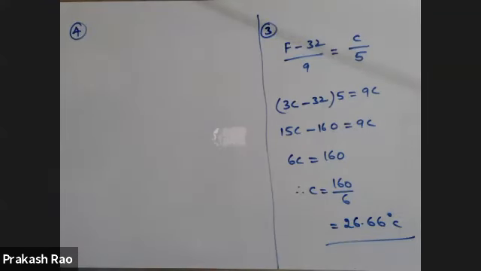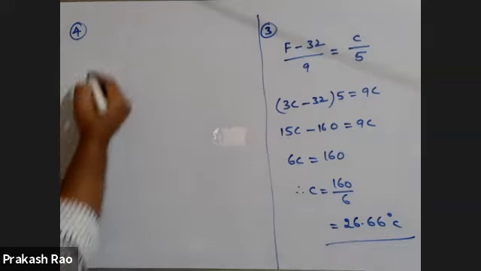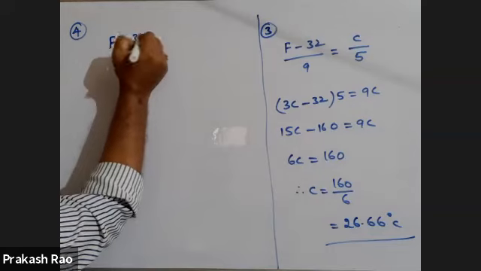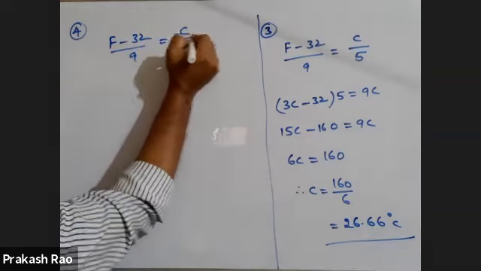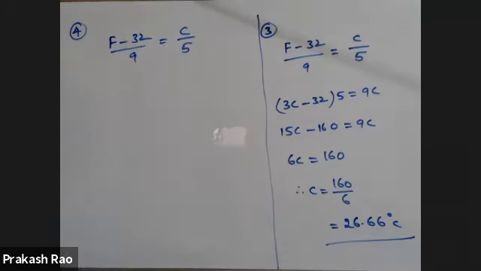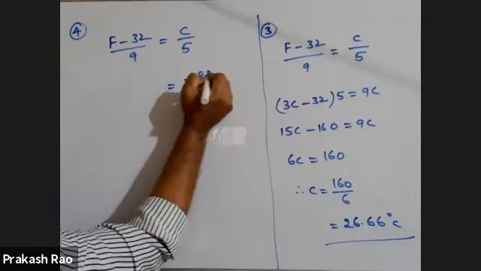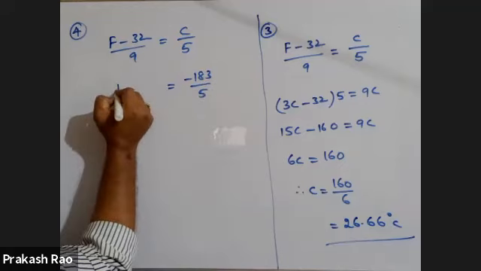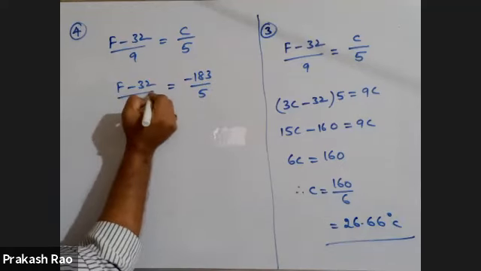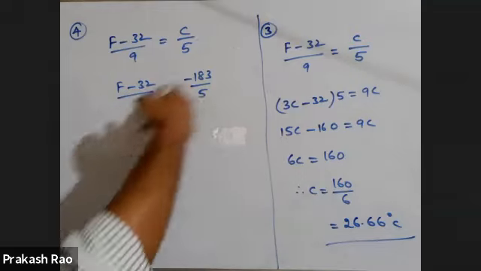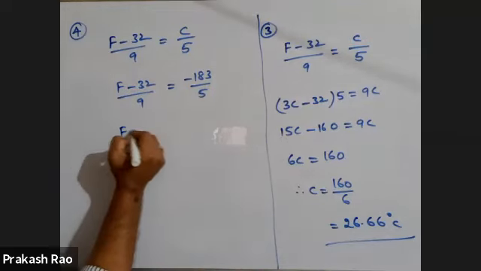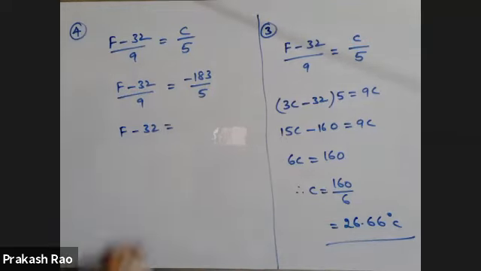Question number 4. Oxygen boils at minus 183 degrees centigrade. This temperature is approximately what in Fahrenheit? Convert degrees centigrade into Fahrenheit. (F minus 32) by 9 is equal to C by 5. C is given as minus 183. This is equal to (F minus 32) by 9. Just calculate it, cross multiply this. F minus 32 is equal to,